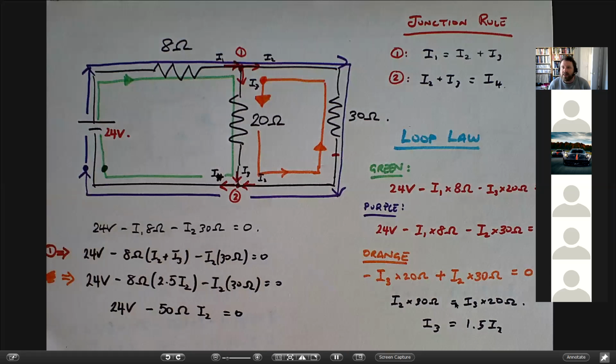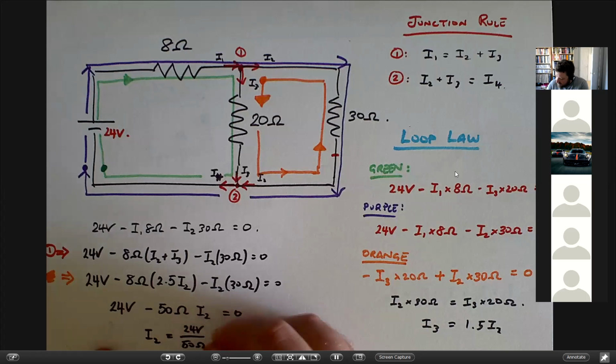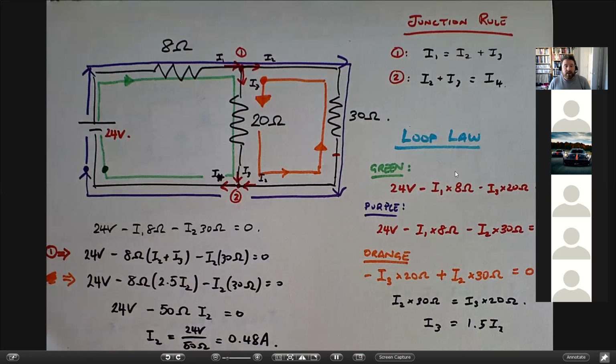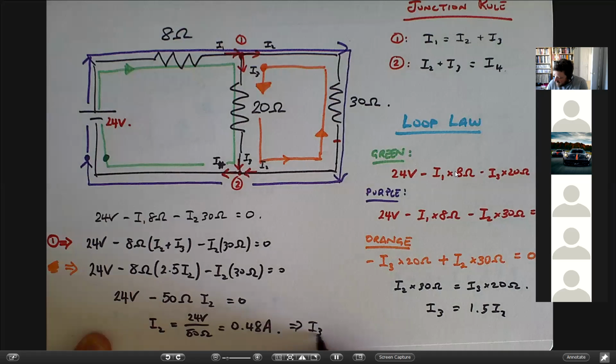This is just maths at the moment. So if you're not following this, you can just reconstruct it later. But I2 is then going to be 24 volts divided by 50 ohms equals 0.48 amps. All right. I3 is just 1.5 times that. So that means I3 is equal to,